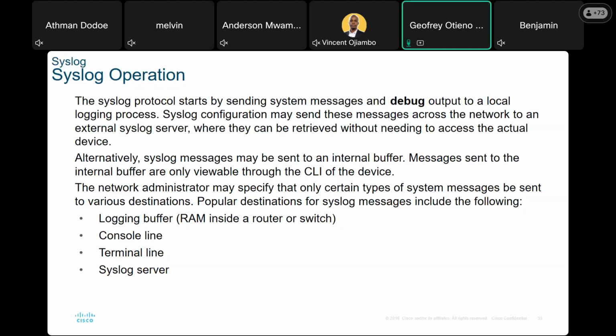Alternatively, syslog messages may be sent to an internal buffer, where they can be viewed through the command line as well. So you have the commands being used just to collect some details within a specific parameter that you want to analyze. So popular destinations for syslog messages are, we have talked of logging buffer,